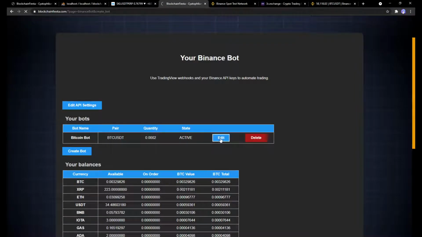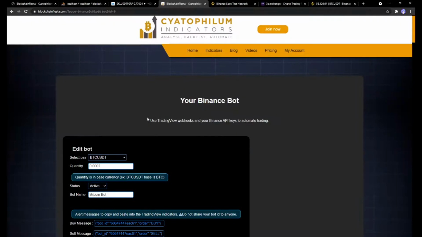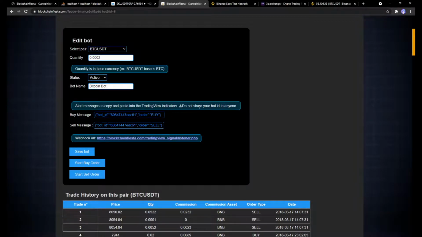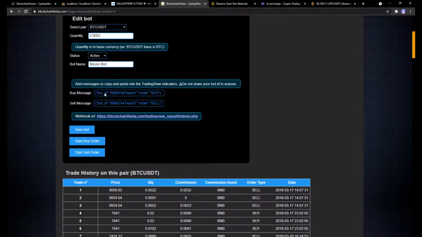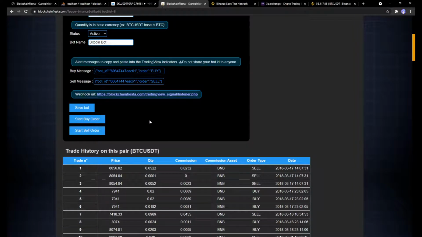You can click into edit, and you see a little more information. Here you got the message that you can copy into the alerts, and the webhook URL. I'm going to show you.